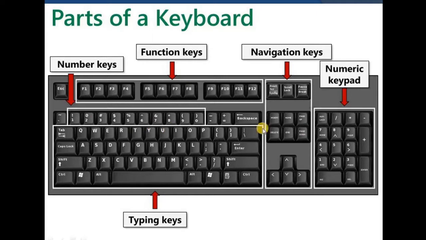Other than these numbers, we again have a separate numeric keypad. Why is it required? Whenever we are calculating something, it looks like a calculator. When we are working on an Excel sheet, for example accounting people do a lot of calculations and accounting work. At that time we use only the digits, and plus, minus, division and so on. So when we are doing a lot of calculations, we can press this Num Lock button, the numeric keypad will be available, and then we can start using it.